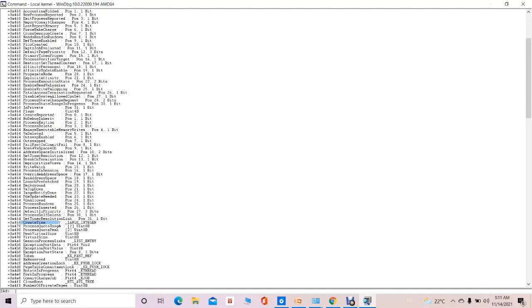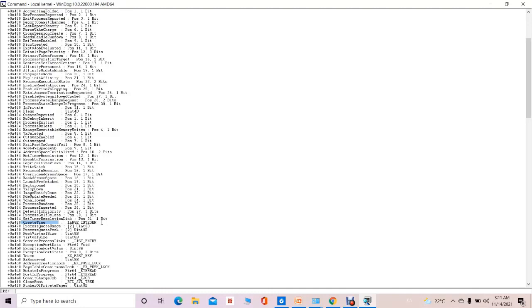Actually here we are not able to see any value, but the data type is specified as large integer. That means the particular value is going to be of type large integer. Since this is a generalized data structure for all the processes, no values are specified, only what type of value we are going to have in that particular attribute or field is specified.